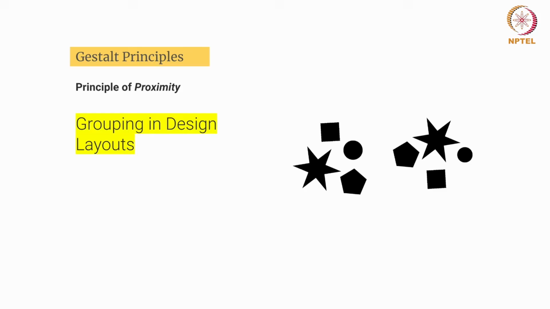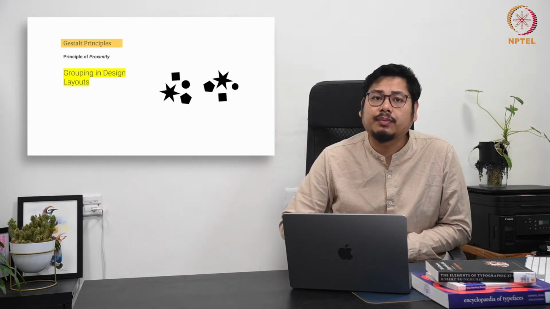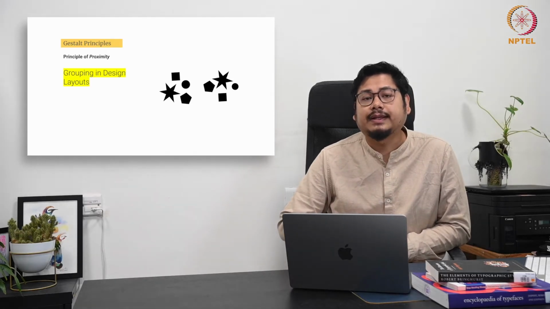how good we are in dividing or creating segregation. Although there may be changes in terms of shapes, sizes and all, because of the closeness of each other's elements, it's very much easier for us to divide. And this primarily works in any type of composition. That's what I'm trying to incline towards.